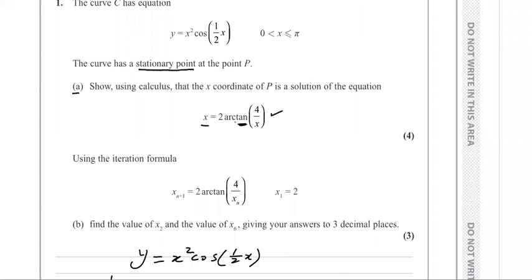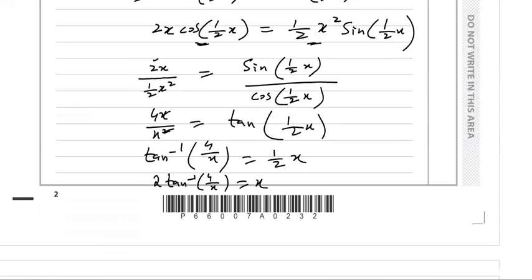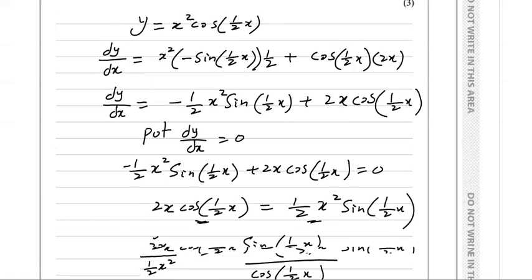that x should be 2 arc tangent. Arc means tangent inverse. So this result was asked to prove, that we prove here. That's the end of part A. Now part B is saying,